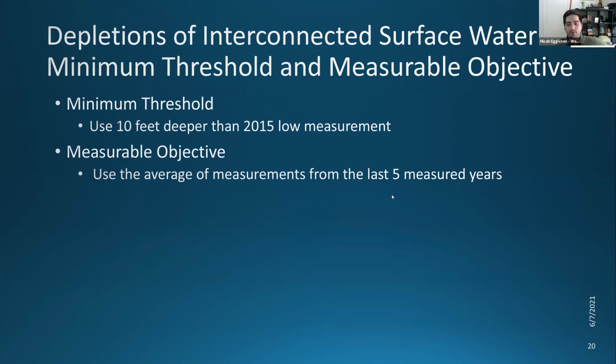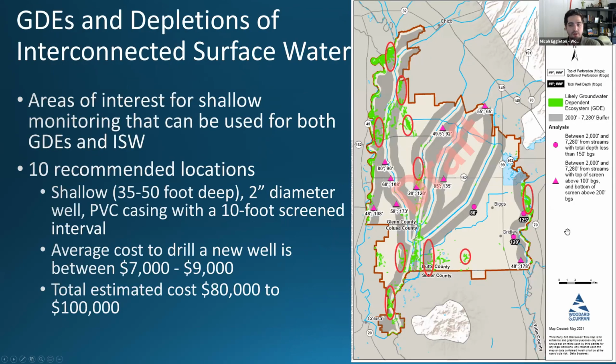So the important thing to remember for this one is that our representative wells for interconnected surface waters don't always have GDEs at that location. So we still have shallow networks around the water bodies, which is why 50 feet for, I'm not exactly sure which one of the wells that example hydrograph was at.